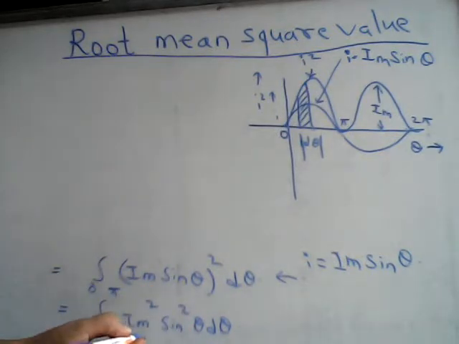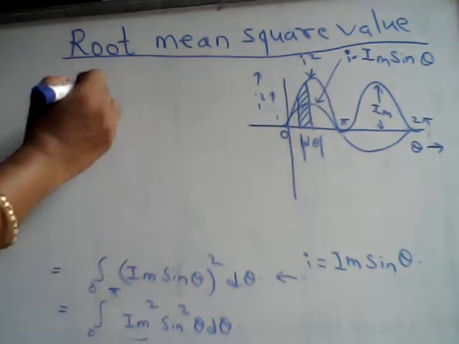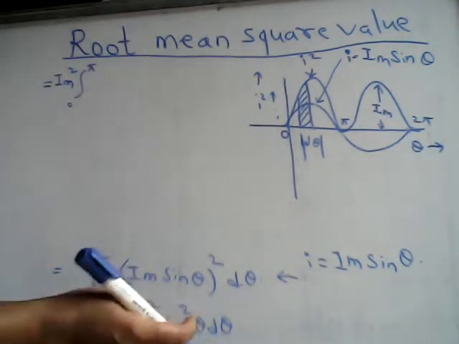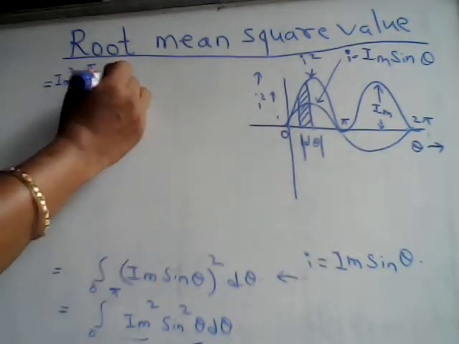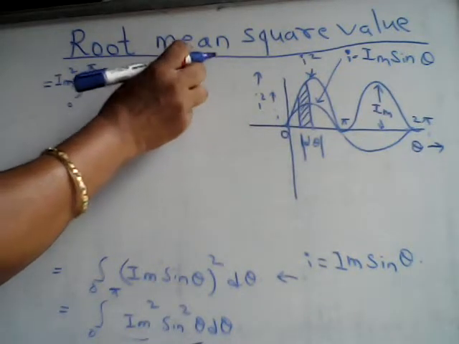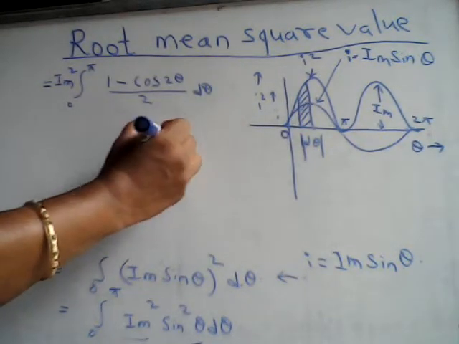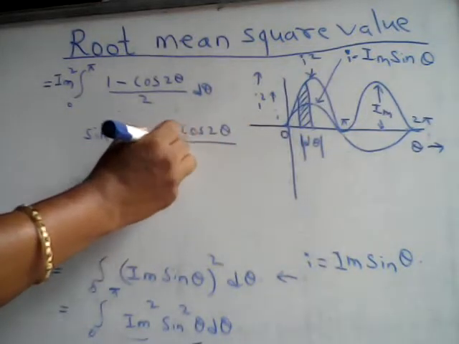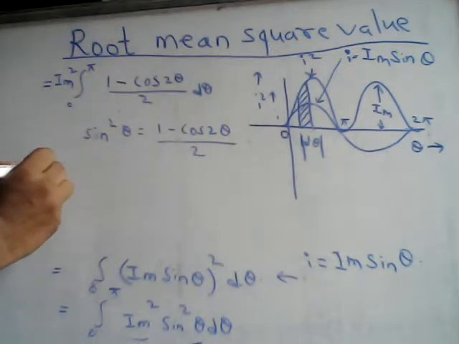Now in this, Im square is constant, so it can be removed out of the integration. So this equation will be the integral from 0 to pi of Im square, and sin square theta is nothing but (1 minus cos 2 theta) by 2. This is (1 minus cos 2 theta) divided by 2 into d theta, because we know that sin square theta equals (1 minus cos 2 theta) by 2. We have just substituted the value of sin square theta here. Then